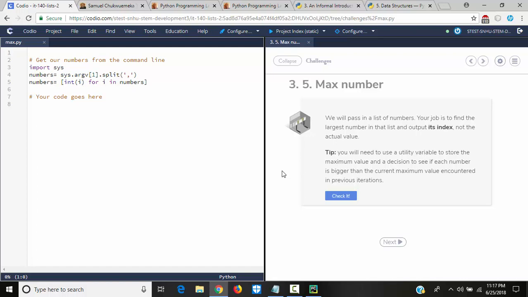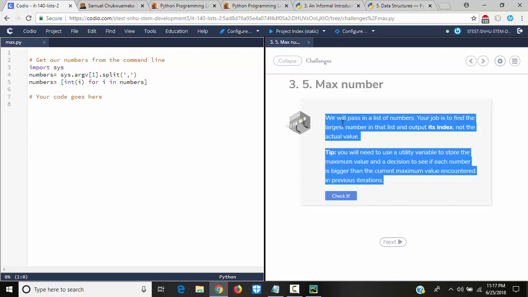Your job is to find the largest number in that list and output its index, not the actual value. You will need to use a utility variable to store the maximum value and a decision to see if each